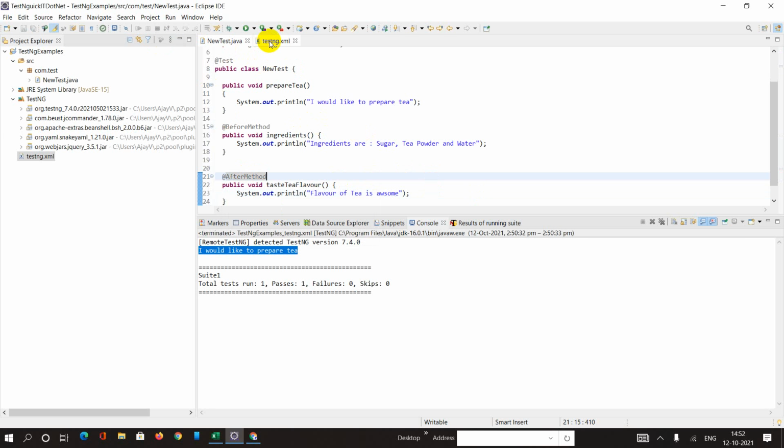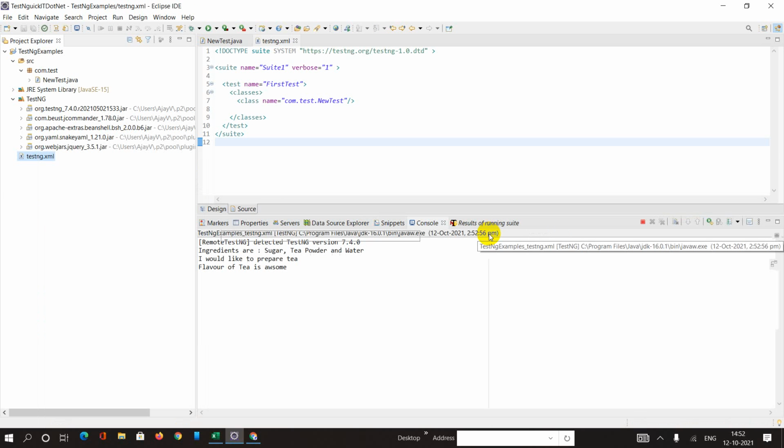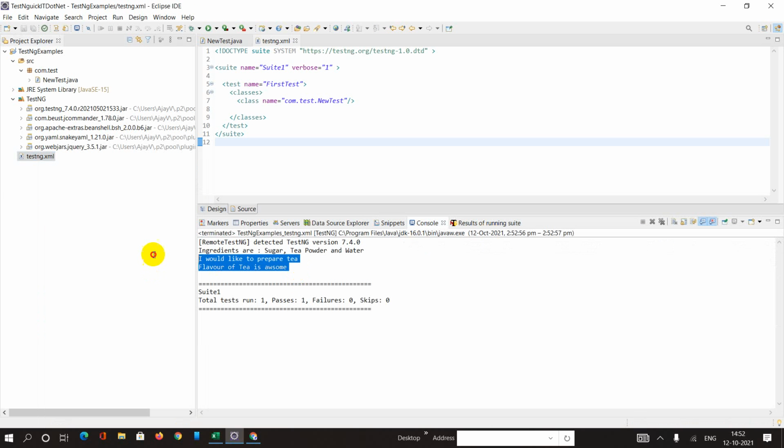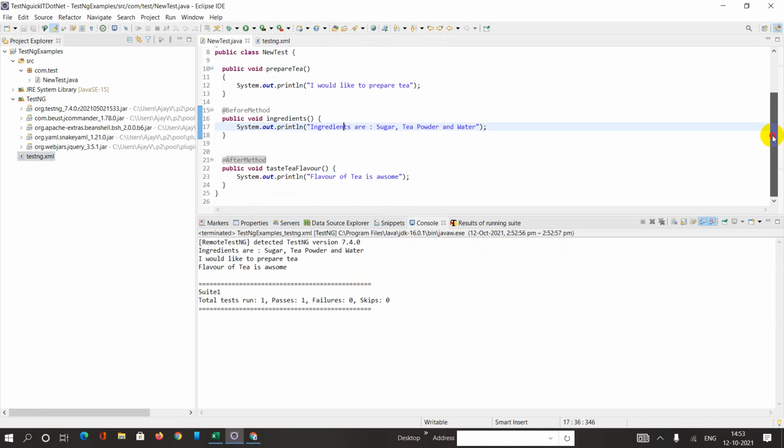So if you run the same XML, okay, run as TestNG suite, then you can see, okay, I have created three methods: prepare tea, ingredient and test the flavor, okay.